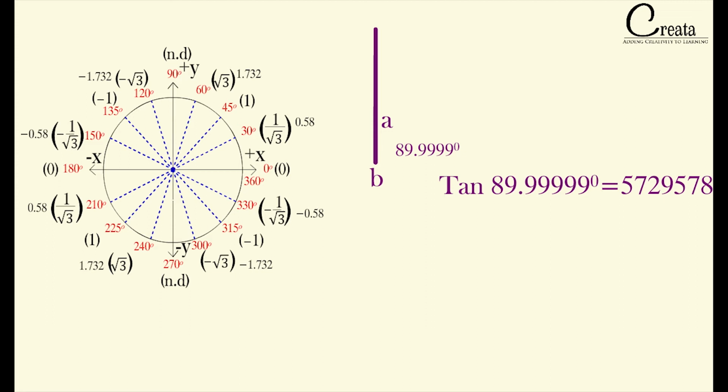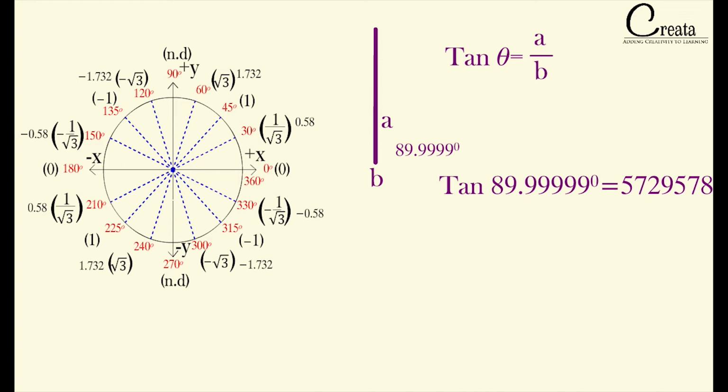But why tan value is increasing in such a manner? Answer lies in our right angle triangle and formula of tan theta, that is perpendicular over base. As we are approaching from 0 degree to 90 degree, perpendicular is keep on increasing and base is keep on decreasing. Means numerator is increasing and denominator is decreasing. So the output, that is A by B, is increasing very high. Got the point? At perfect 90 degree angle, the base as denominator will tend to 0. Means only perpendicular will remain.